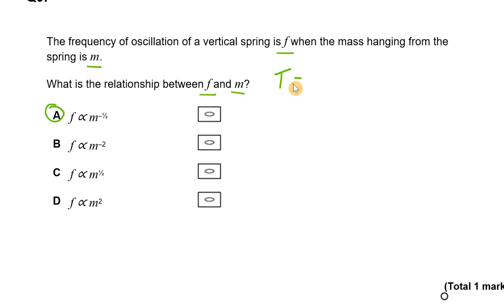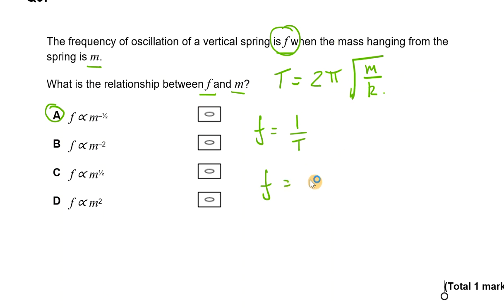The time period for a spring mass system is equal to 2 pi multiplied by the square root of the mass over the spring constant. Now, we're not talking about the time period, we're talking about the frequency. Well, the frequency of any system is equal to 1 over time period. So the frequency, I can basically just take the reciprocal of all this equation, is going to be 1 over